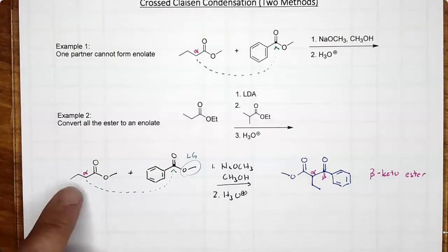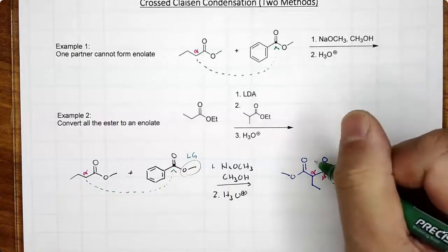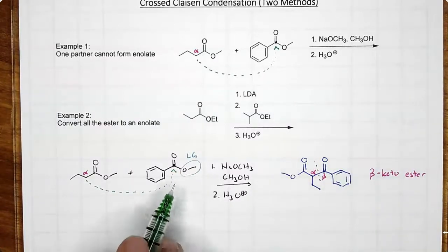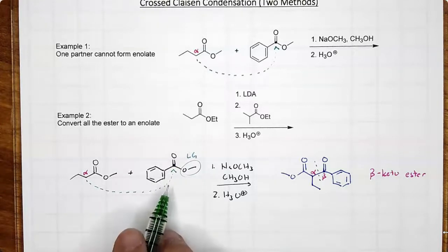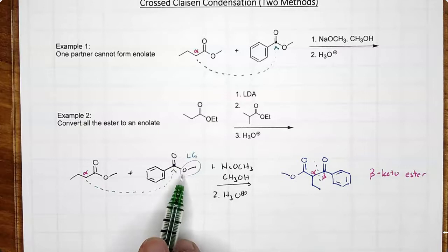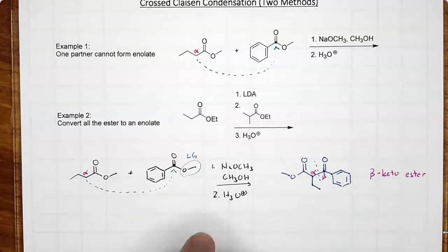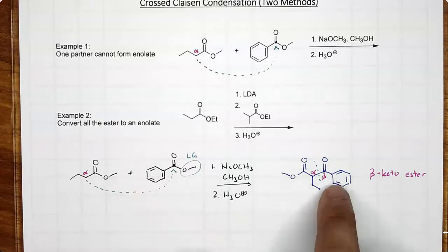I'm making a connection between the alpha and the dot, and therefore this is the bond that was made. Because we're attacking an ester, that's why we actually consider it a Claisen. It's really the ester that you're attacking that makes it a Claisen, because here when you attack the carbonyl we do end up losing the leaving group, and don't forget the phenyl group or the benzene ring that's still connected to